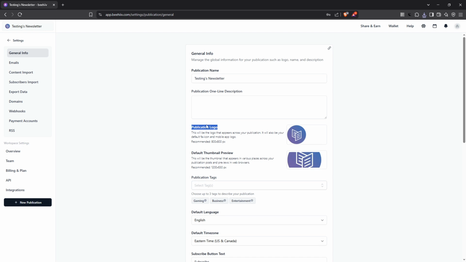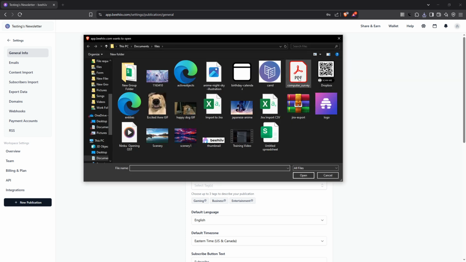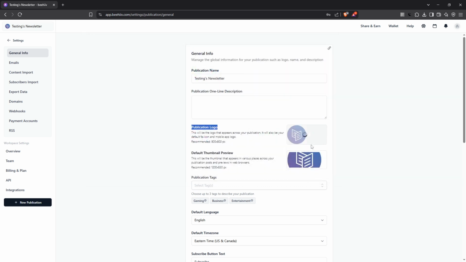You'll want to focus on the publication logo area. Here you'll see an option to browse or upload your logo. Click on the designated box to browse through your files. Select the logo you wish to use and upload it. If you already have a logo and simply want to update it, you can do so by clicking on the current logo. For those looking to optimize the appearance of your publication, it's recommended to use a logo image size